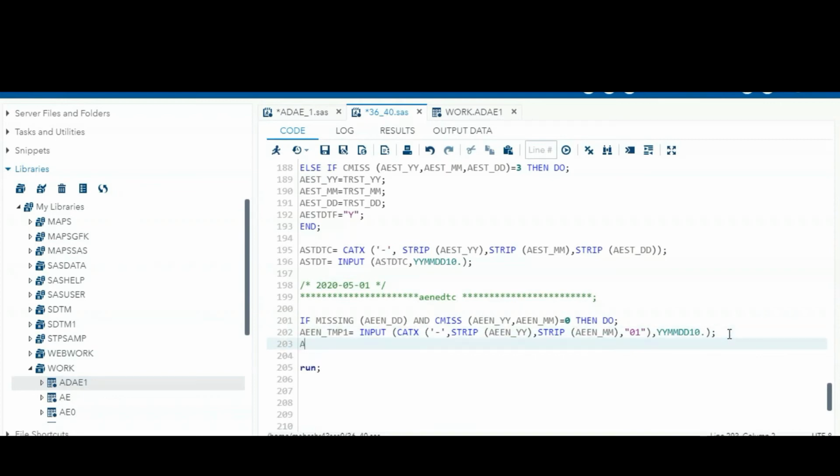After that, the temporary dataset is, strip of, the function is the INTNX function.